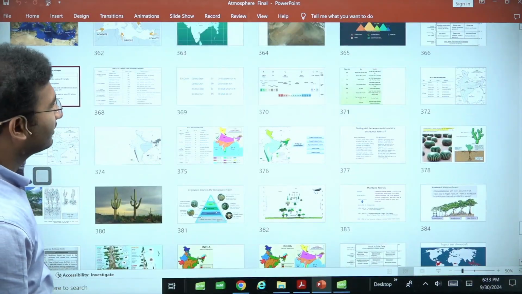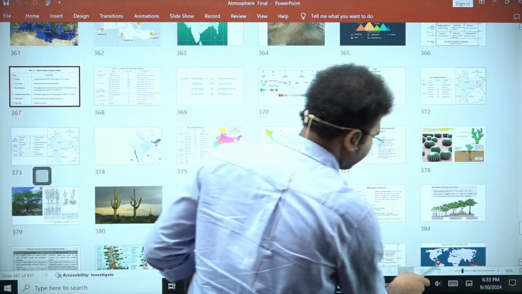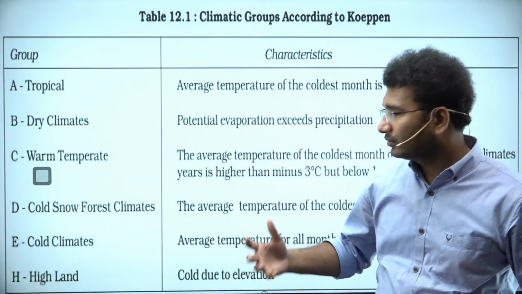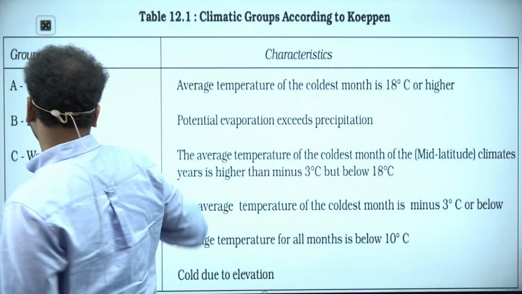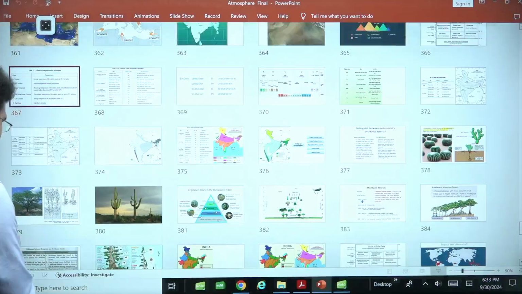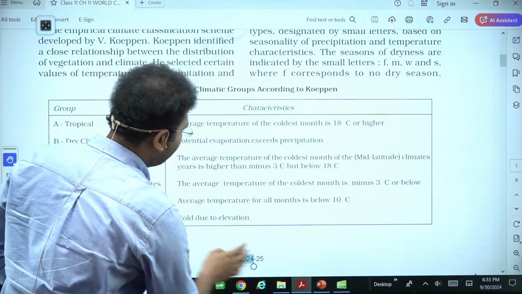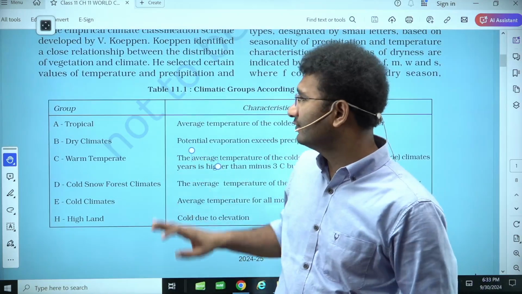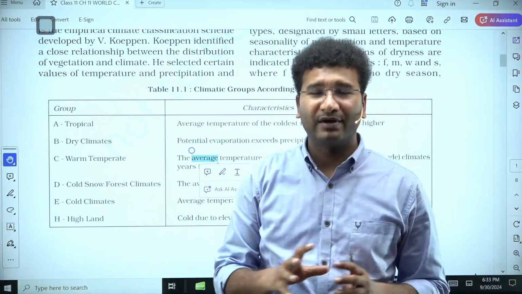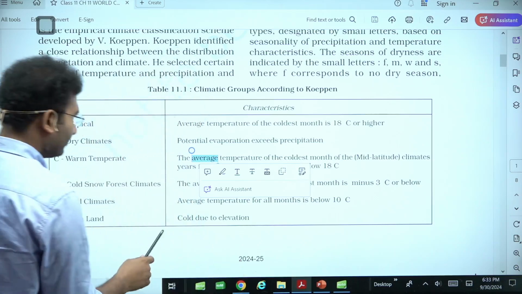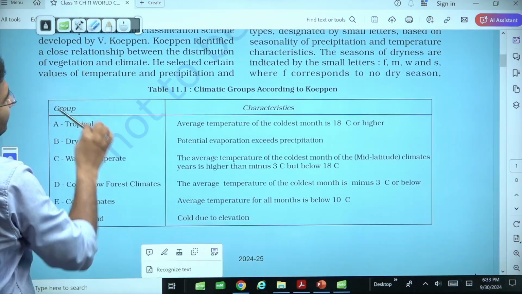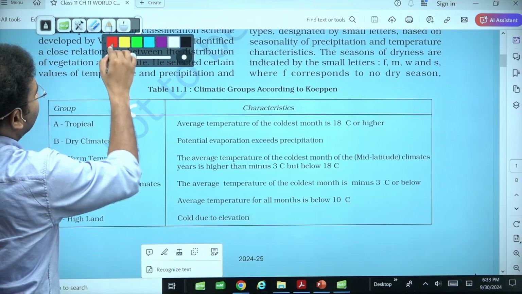Detailed manner, right? So this particular chapter, what you are supposed to do is first you need to understand how the climate of the world is divided. See, the climates of this world are divided by many people, but Koeppen is the person. Here we are going to learn about a person by the name Koeppen. Koeppen, he is the first person,